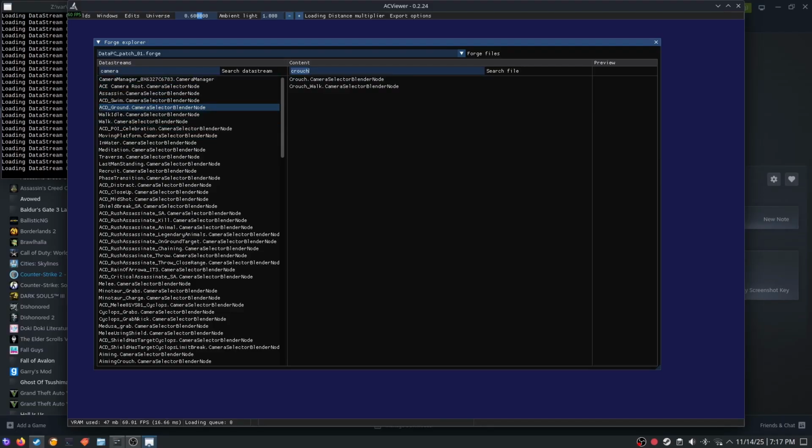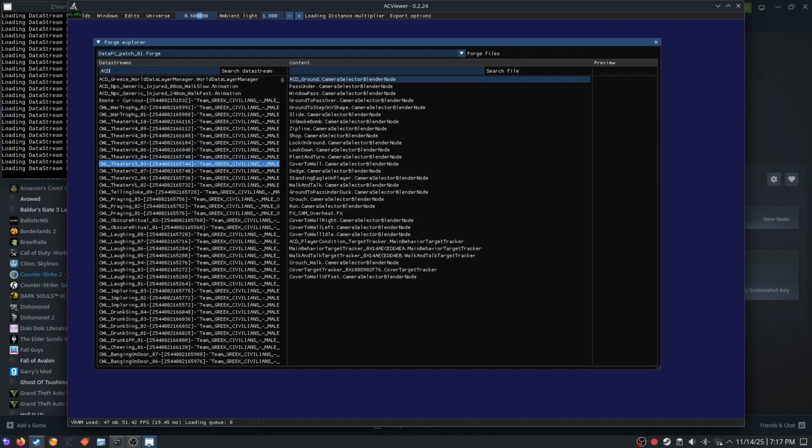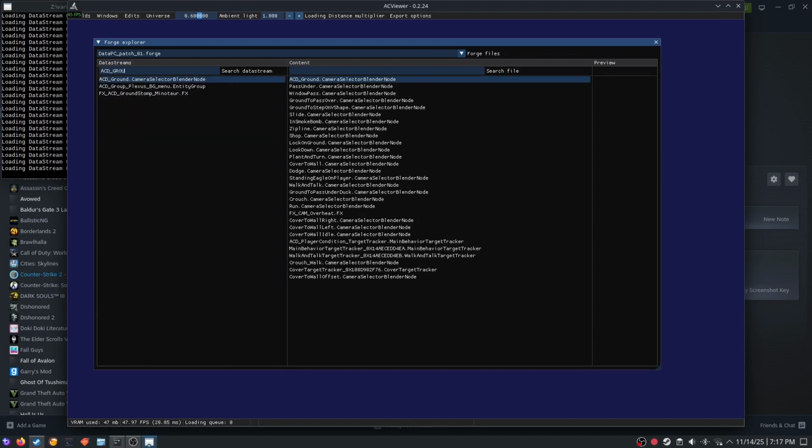And so now I'll show what it looks like to actually change it. So I know that ACD underscore ground camera selector blender node, someone online who made a camera mod before me told me about this, and so I'll link his mod in the description. But just to show,